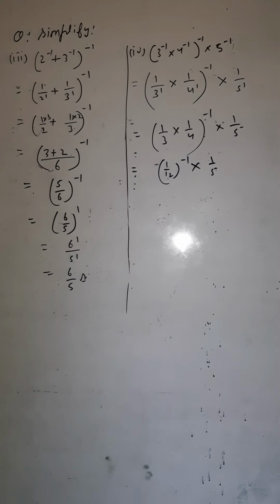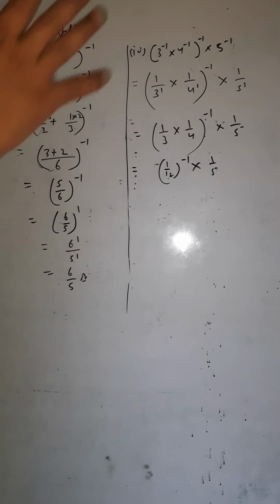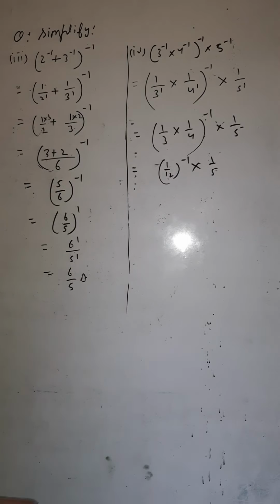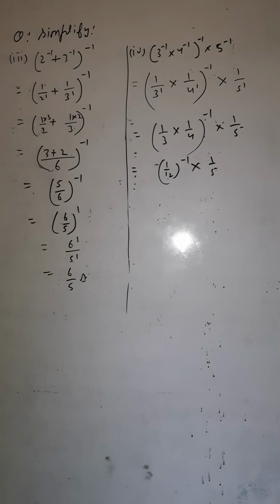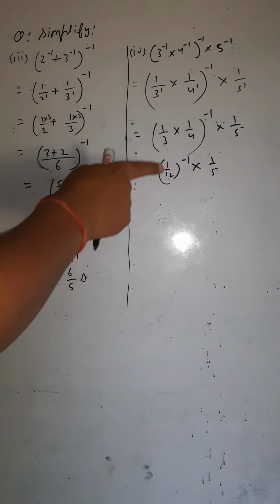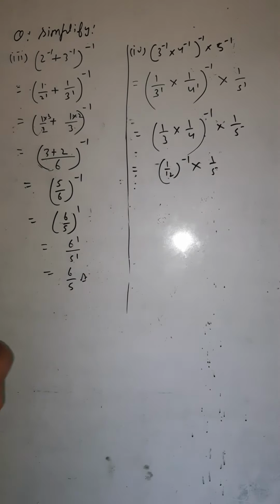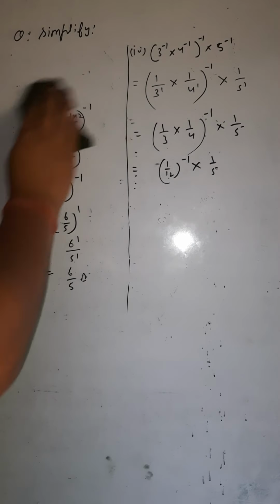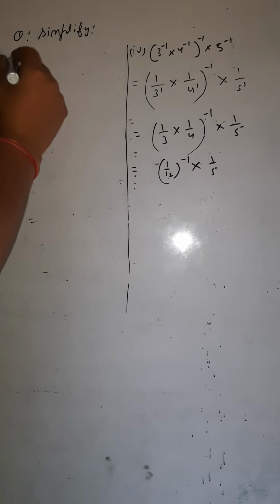So how do you solve this now? You would make this power positive, you would write this as 12 by 1 whole raised to the power plus 1, then you would distribute this 1 to numerator and denominator, then again you would multiply this. Okay, should I solve this? Okay, try to solve this question from here on your own. Write this 1 by 12 as 12 by 1 whole raised to the power plus 1, then distribute this, then again multiply this with 1 by 5. You would be getting the required answer. So try to solve this question on your own. Then after this we will be doing the fifth question.